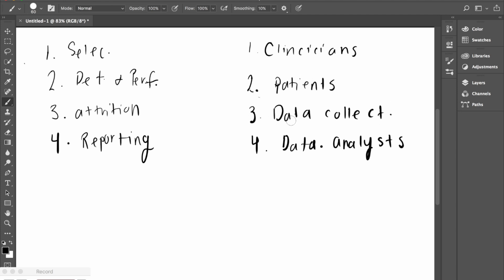Data collectors also need to be blinded, right? Data collectors are also susceptible to detection and performance bias. For example, if the data collector knew the randomization sequence, then for performance bias, what they might do is go to one of the two groups, the interventional or control group, that they think will perform better and cheer them on a lot more, right? They may treat them differently and collect their data differently than the other group that they think will perform less well. Now, detection bias, on the other hand, for data collectors is they might start to probe issues a lot